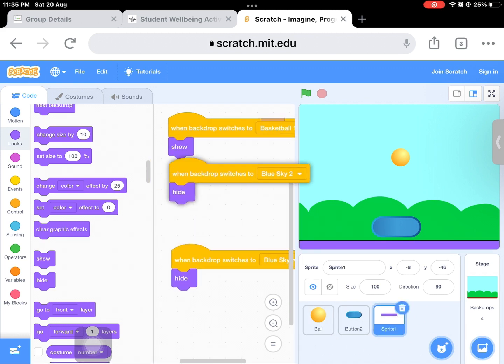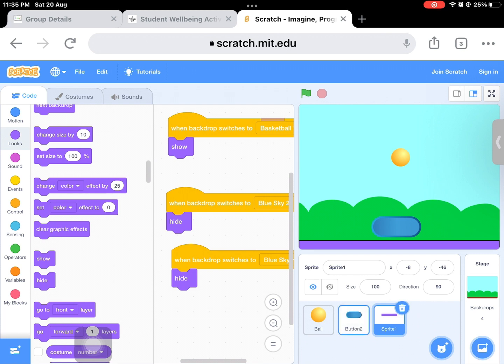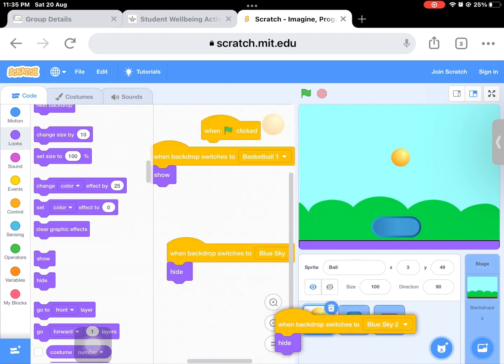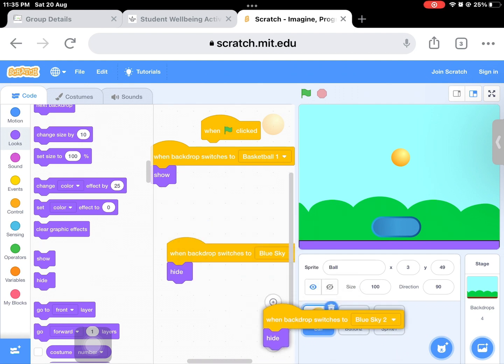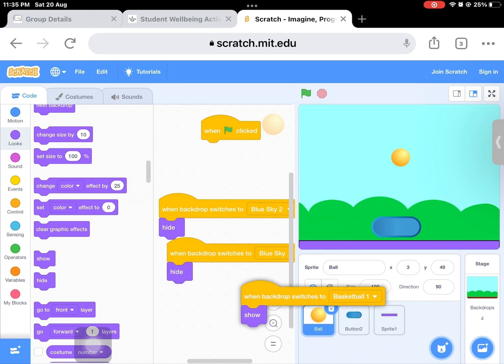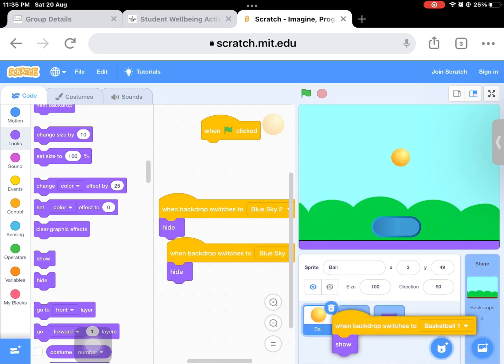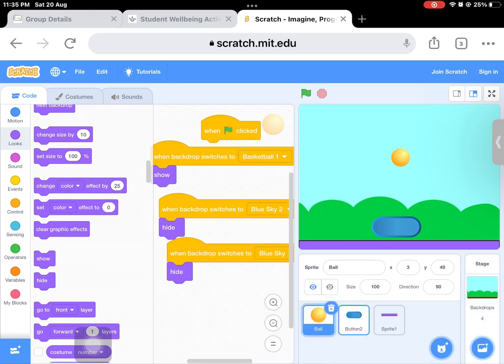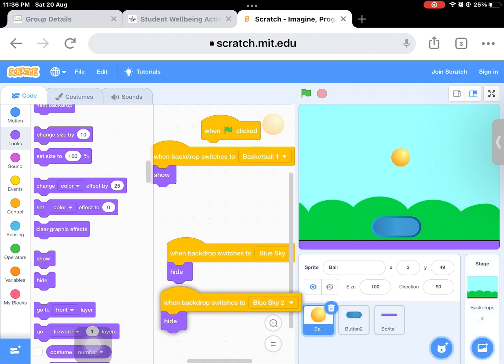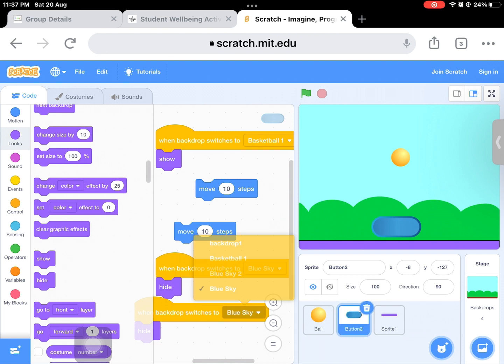So basically the blue sky backdrops will be one when you win and one when you lose. Okay, so now I'm just putting the same things, when the backdrop switches to blue sky 1, 2 and basketball 1 in button 2. Okay, so now I'm done,